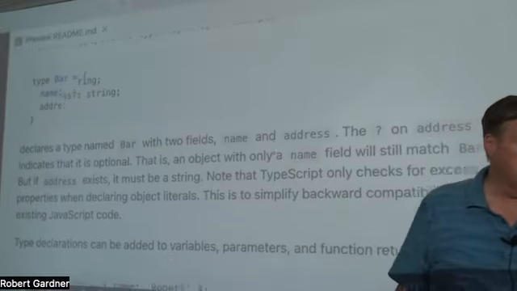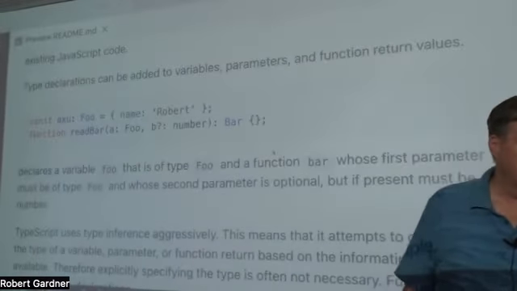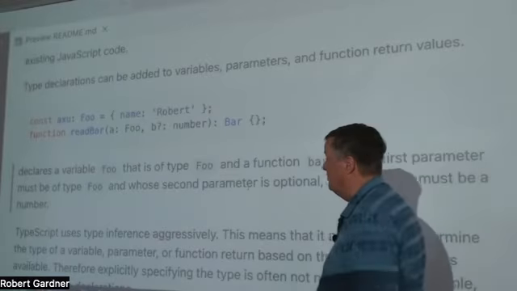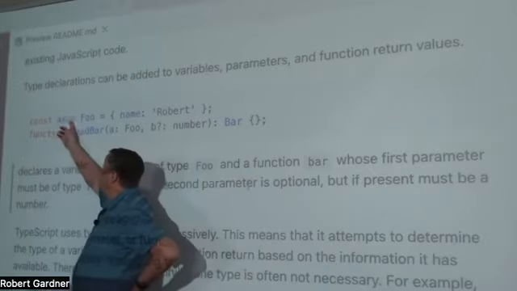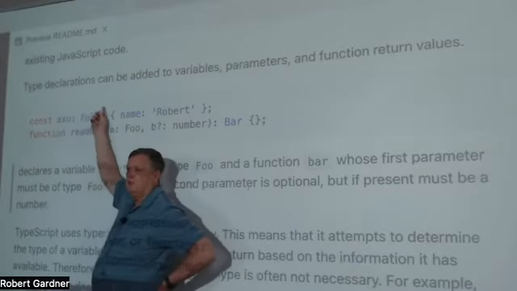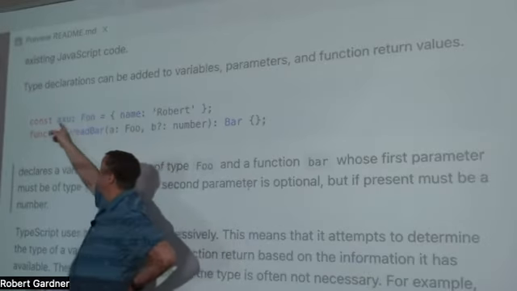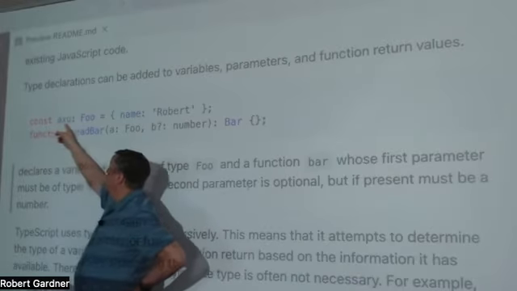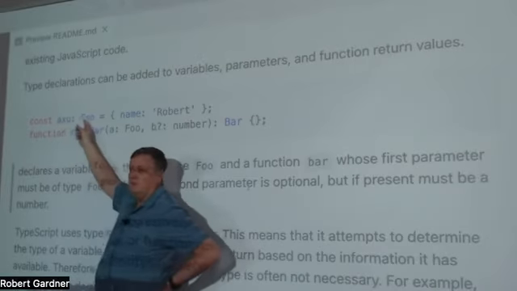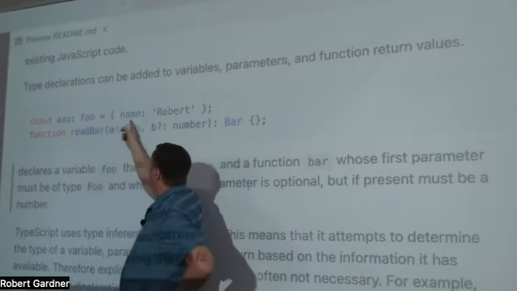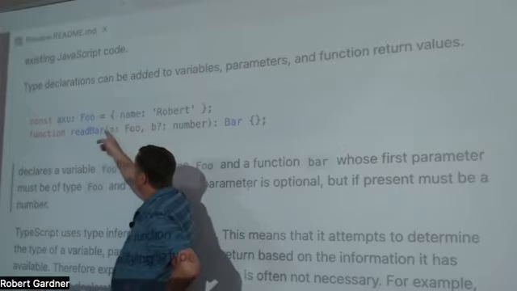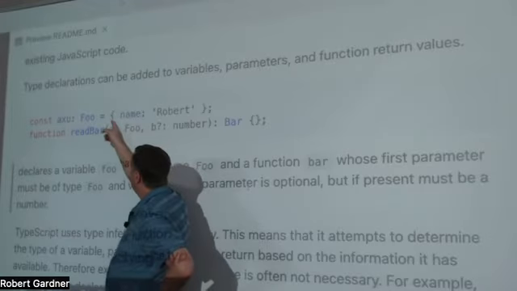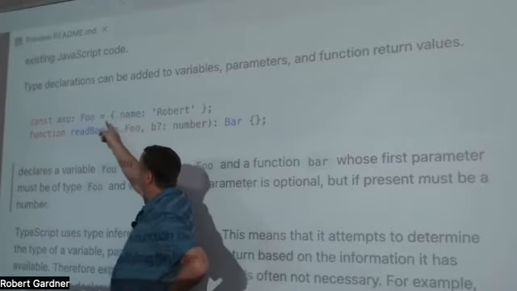Now, how do you use them? You use them also in a fairly straightforward way. You have your variable name and you put a colon, and after the colon you put the type. So this says that the variable AXU is supposed to be of type foo, and then I can assign it. So it will look here, and it will say, okay, type foo.